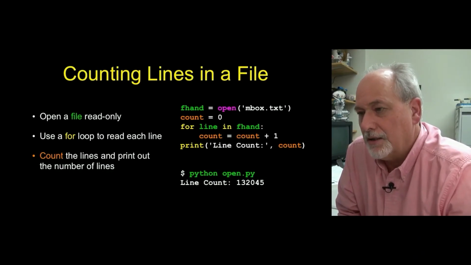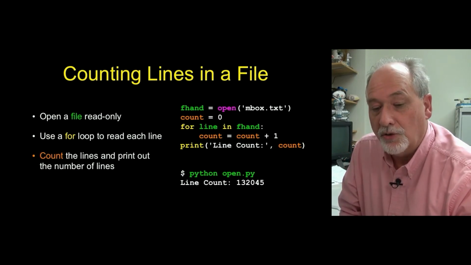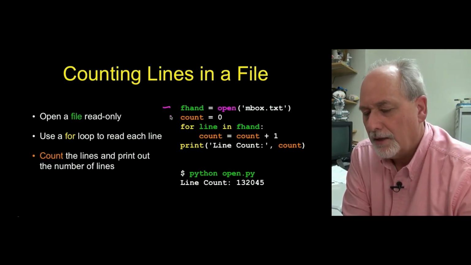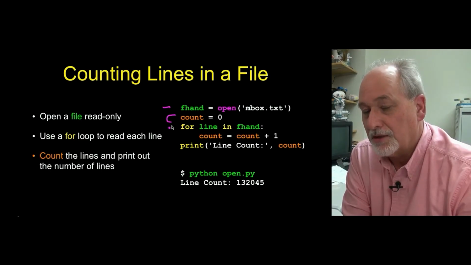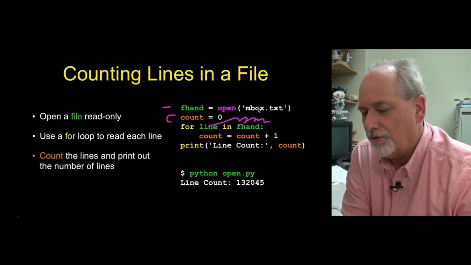And we're going kind of back to iterations now. What if we wanted to count the number of lines in a file? Well, this is a basic loop counting pattern. So we open the file, and then, like in all these loops, we do something to sort of prime the loop to get it started, set a variable count to 0. And I'm going to use the variable line that's going to go through each of the lines in the file, for line in fhand, down the file.